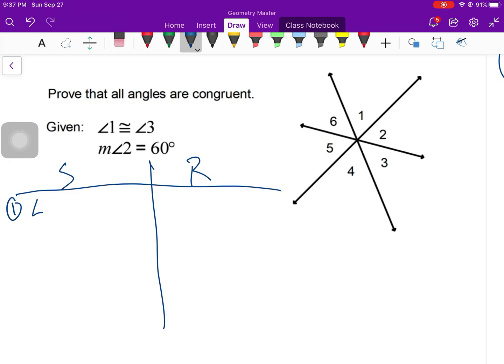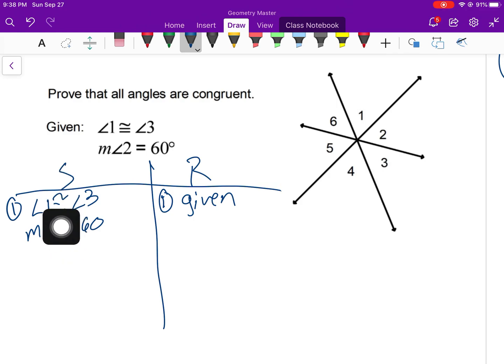Okay, so number one, we are given angle 1 is congruent to angle 3. Measurement of angle 2 equals 60. That's given to us. So we want to prove that all angles are congruent. If we want to prove they're all congruent, we've got to figure out probably that they're all the same degree measurement. So I know that I could just use definition of congruent right away, but I know I'm going